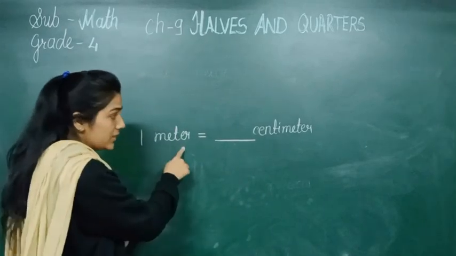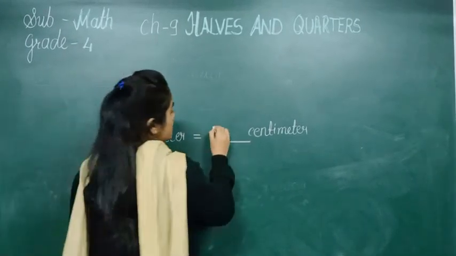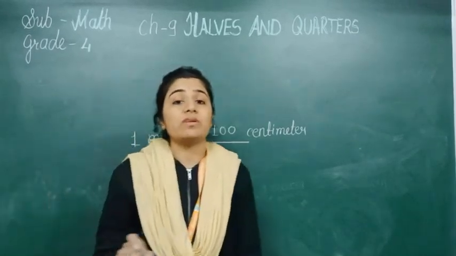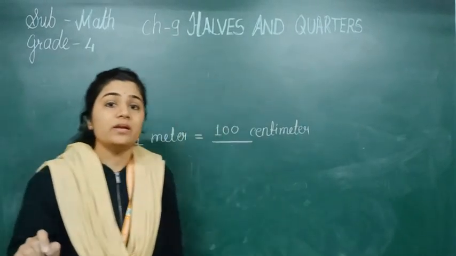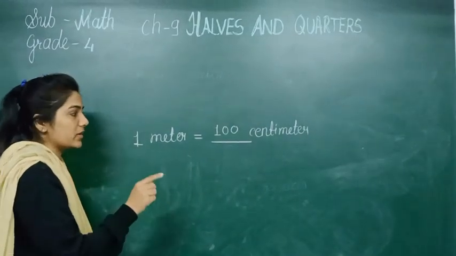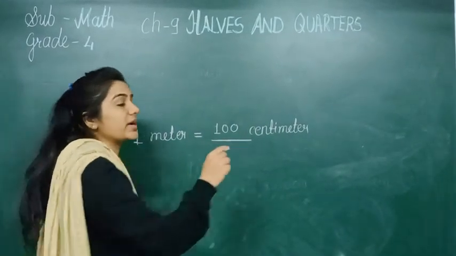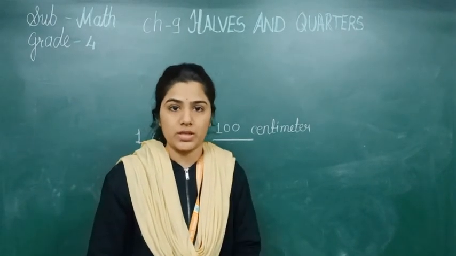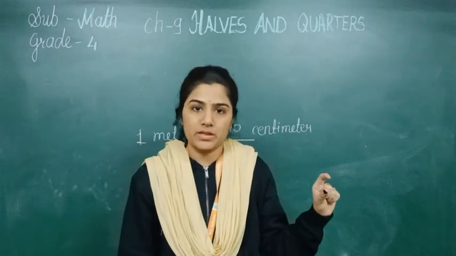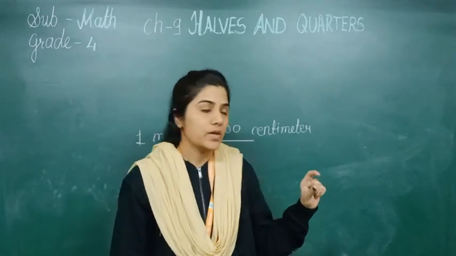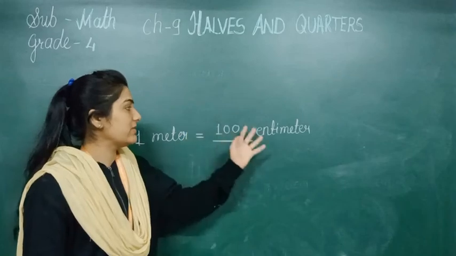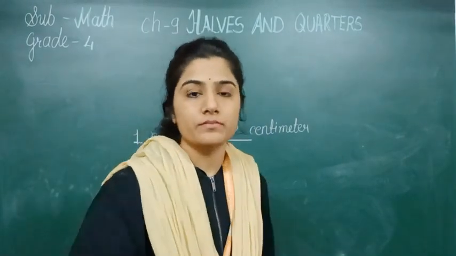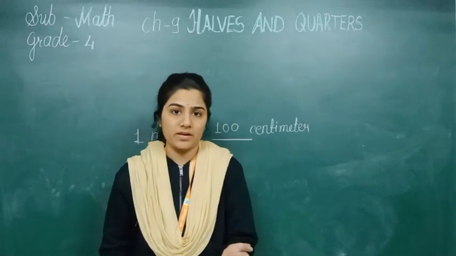So in 1 meter, how many centimeters are there? 100. So in question B, what is given? You have to take one kind of string, and the measurement of that string is 1 meter equals 100 centimeters. As I showed you in question 13 A, where we had a 20 centimeter scale, in this string you have a limit of 100 centimeters. So you can think of this practically. This activity you have to do by yourself.